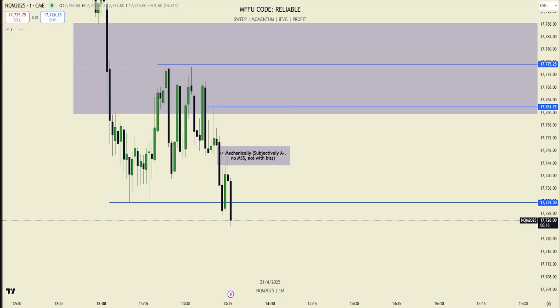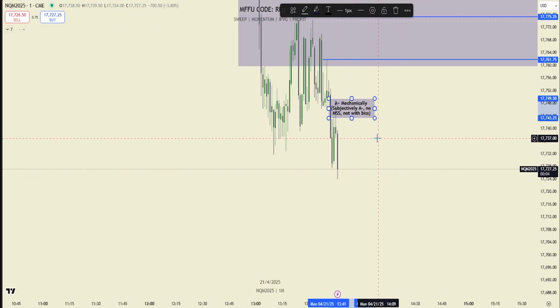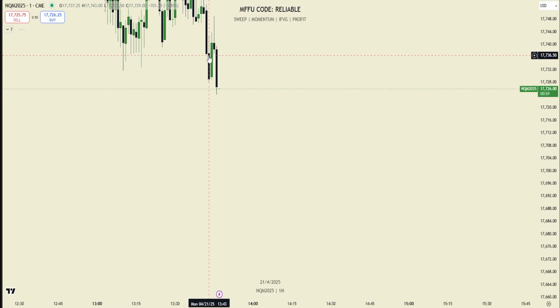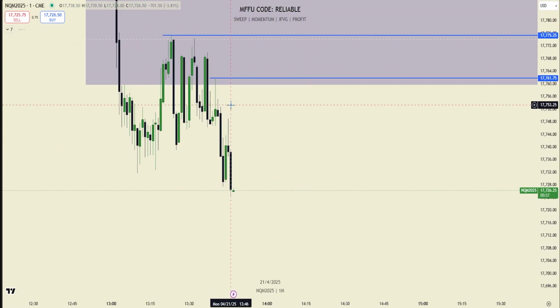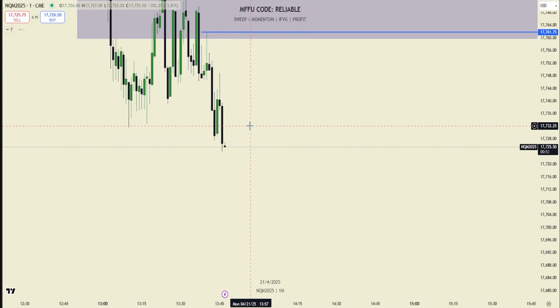Yeah, Alex, I've been talking like this the whole time. This 1 minute OB to the downside would kind of invalidate my idea of looking for a reversal here. If we're just going to continue to respect bearish PD arrays, then there's no reason for me to think that we're going to invert that and go long. So that kind of sucks. But yeah, if we would have gotten that, that would have been textbook AMD, which is why I would have taken that. Now this is not as good.